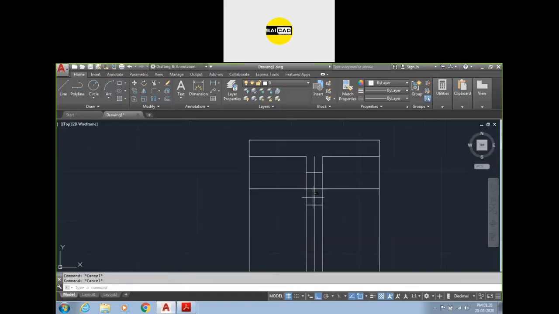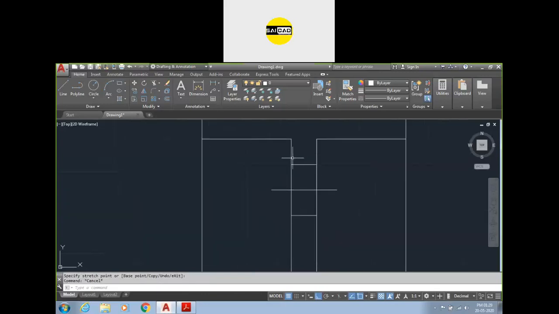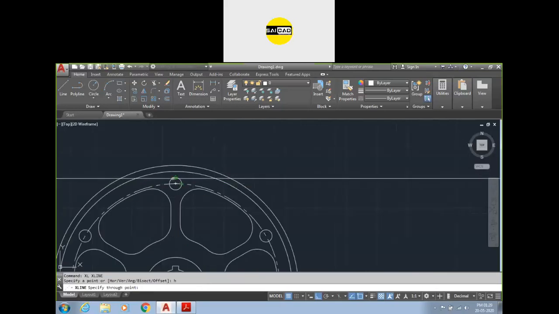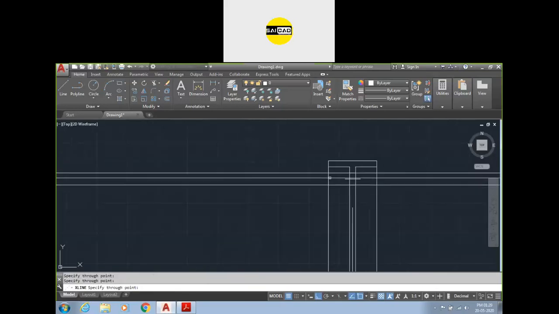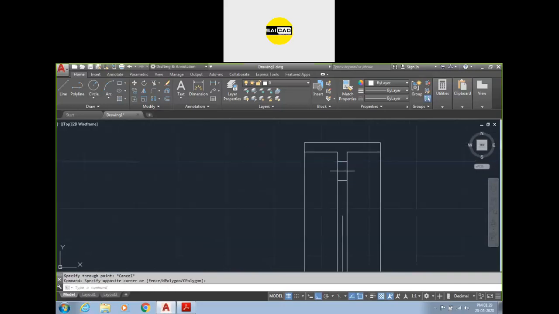Okay, so we don't need this line right now, so I can just delete it or move it up here. So this is the center line. I just need to create the center line up to some length like that. So this is the hole's projection from here. You can see that if I go to the construction line horizontal, the upper line and the lower line, you can see that both the lines are on this line that I have created.